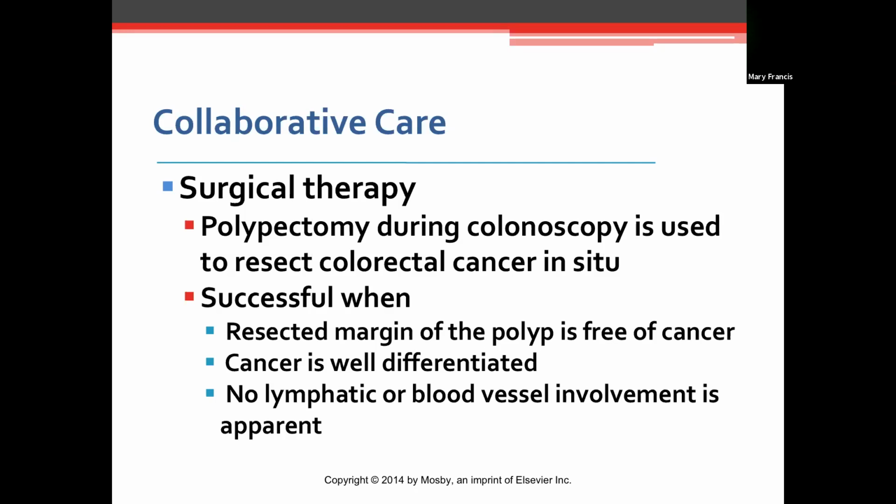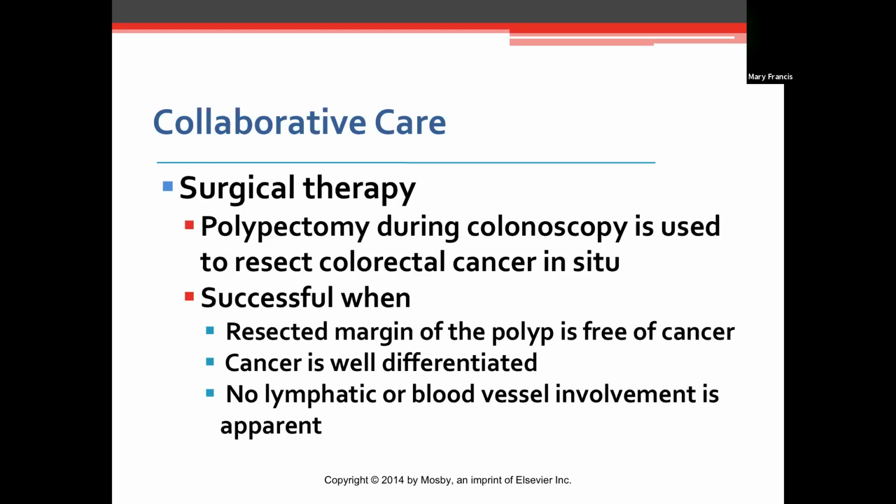The decision for surgical treatment for colorectal cancer depends on the stage of the cancer and the location, and the ability to restore normal bowel function and continence. Surgical removal of stage 1 cancer includes removal of the tumor and at least 5 centimeters of intestine on either side of the tumor, plus removal of nearby lymph nodes. The remaining cancer-free ends are sewn back together. That's called anastomosis, and they will not have to have a colostomy. Laparoscopic surgery is sometimes used for stage 1 tumors, especially those in the left colon.